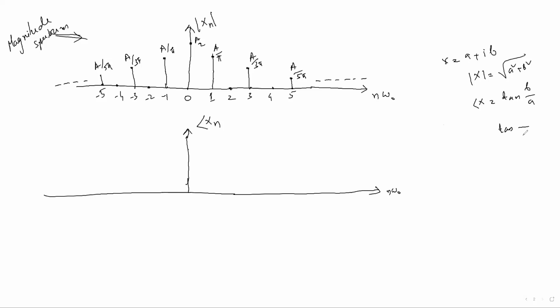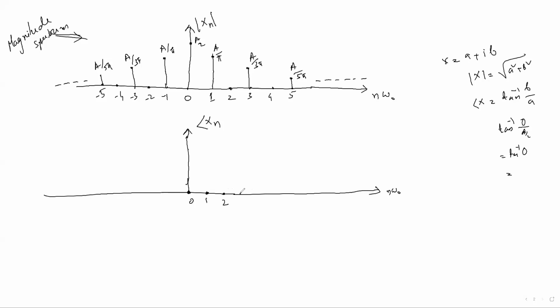What is the a value given? Something a by 2 is given, but b equal to 0 means tan inverse 0. Okay, so what is the tan inverse value? Tan inverse 0 means 0 only. Okay, so for 1 also, that is a real number. Okay, so for that 1 also the phase value will be 0. For 0 there is no value, so then also the phase value will be 0.